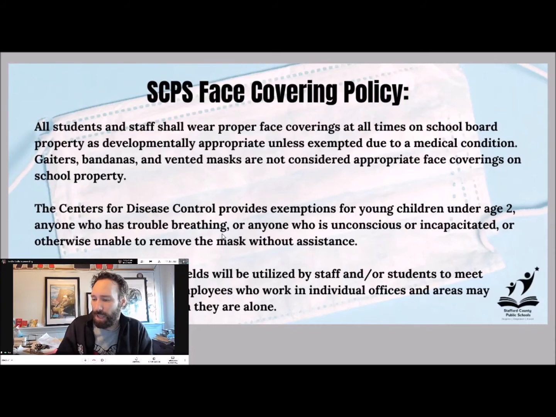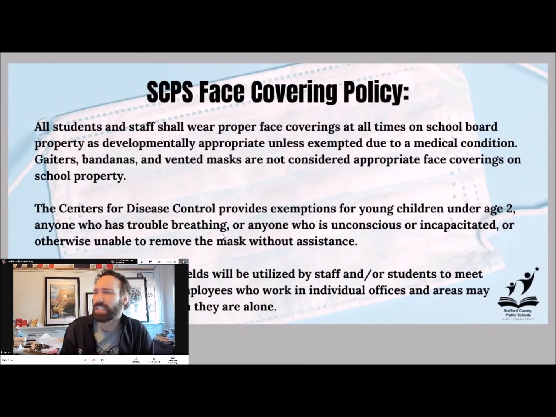And here's why: they basically are so thin that the air gets through pretty easily and the droplets can go out, but it's really not giving you protection. Now, I do have some gaiters, not with me, in my office, but if you had one of these masks on, and then you had a gaiter over it, which I like to do because it keeps it pushed, and then I'm outside doing car rider duty and it keeps my neck warm, that's fine, okay? But overall, the gaiter itself is not enough protection. So if we see you with a gaiter, don't be surprised if a staff member says you're going to have to put a mask on under the gaiter, okay?